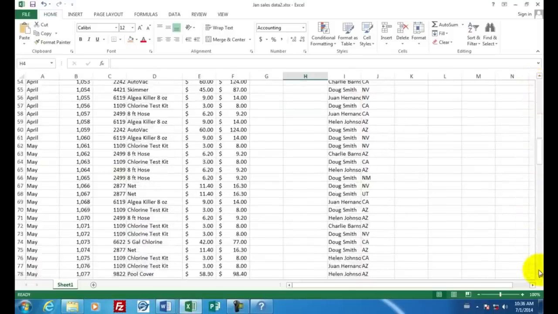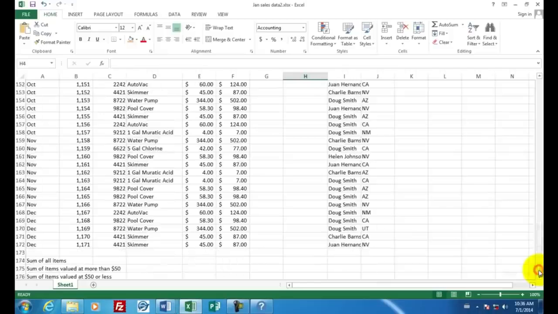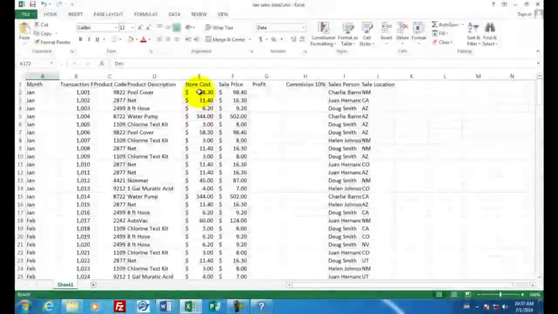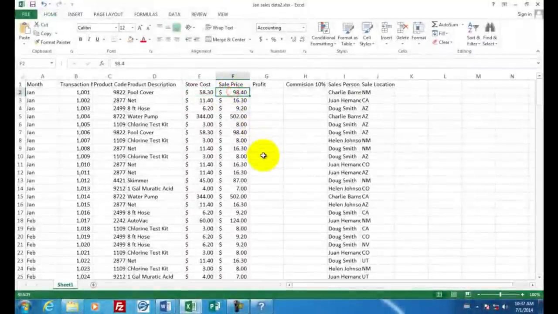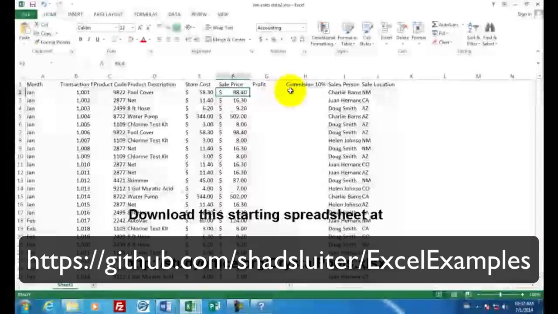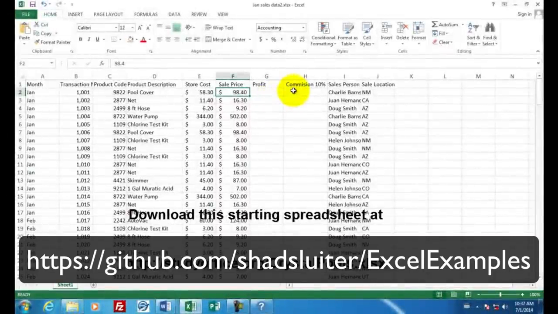It represents a sales transaction. So all the way to December here, you can see the sales of each item in our pool supply store and a little bit of data about each one. The store cost in column E is how much the item cost wholesale. Sale price is what we sold it for, and then we need to calculate a few items such as the profit, the commission, and then we'll do some reports on each salesperson to find out who the best salesperson is